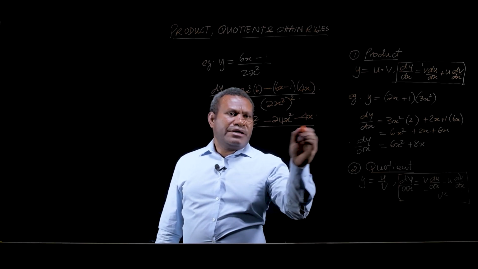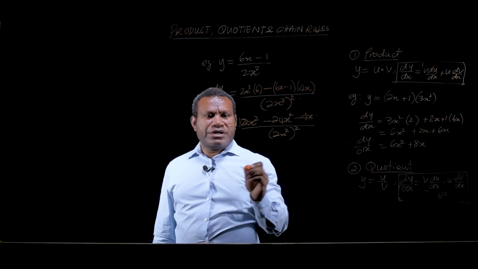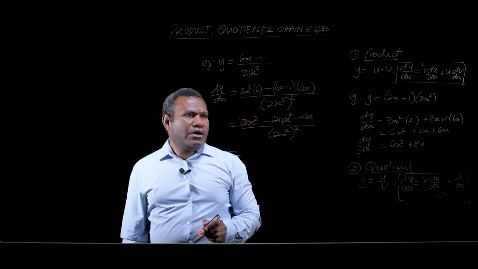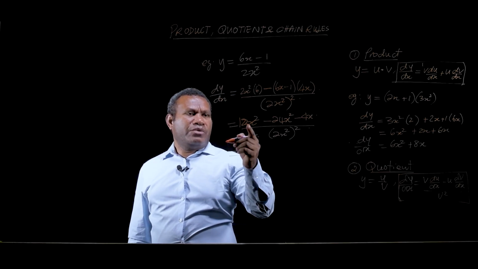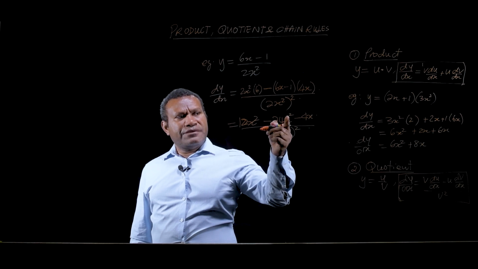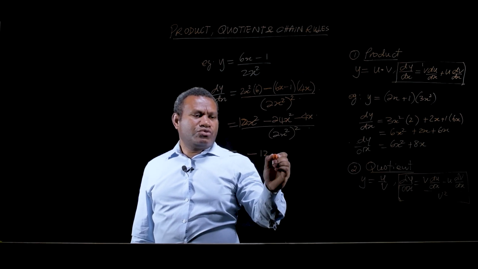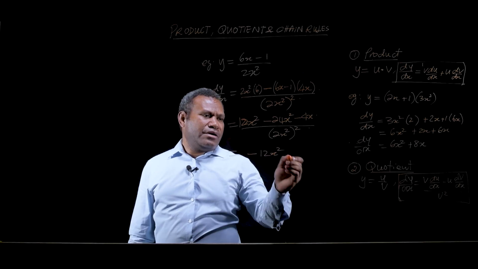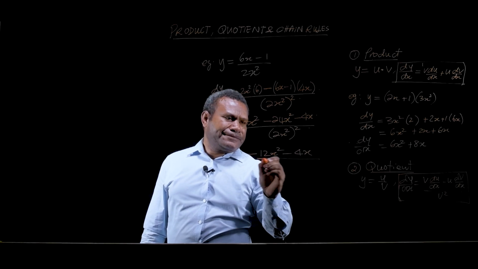All divided by 2x squared. Right, so the next part is for us to collect like terms here. We have 12x squared minus 24x squared. It will be minus 12x squared minus 4x, all divided by